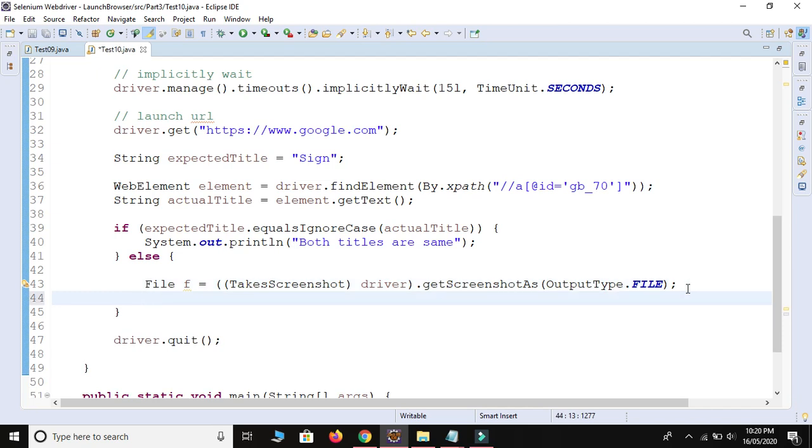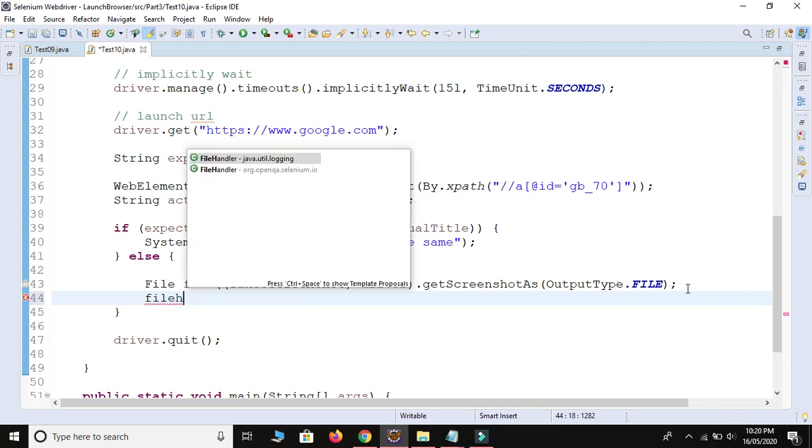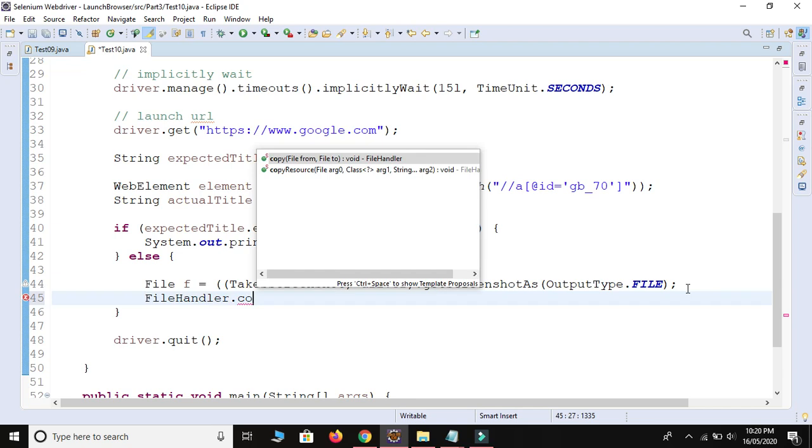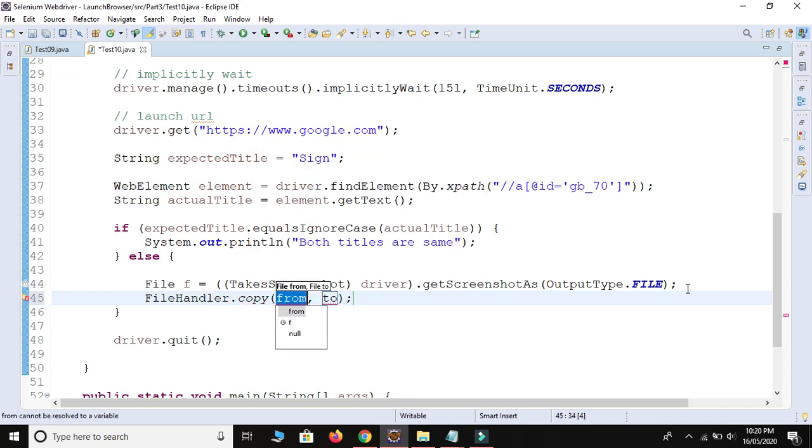Now we need to take the screenshot and store inside the one folder, so as of now I will use file handler. File handler comes from the Selenium. File handler dot copy method is there. So the source of the file is this one, f. Now I will create the new file.